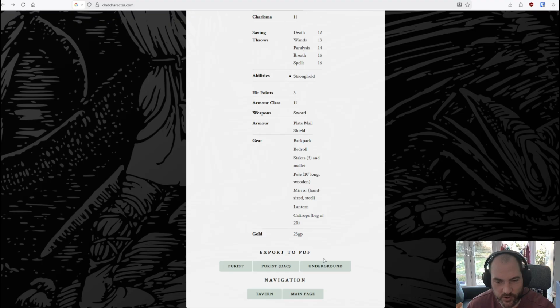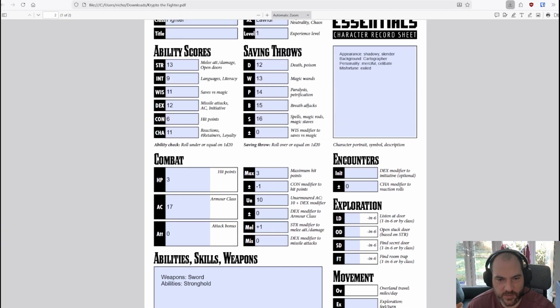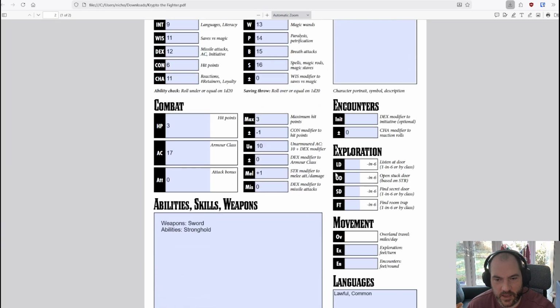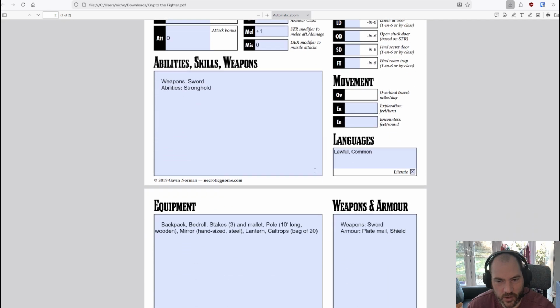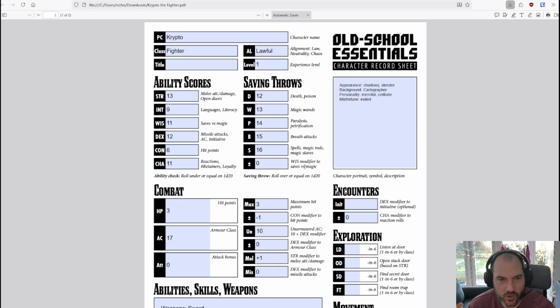And at this point, we can export it to a PDF, and there are 3 different options for doing that. I don't know if this is going to record or not. I think it is. So we now have a PDF with a character sheet on it. And there's a bunch of stuff that is missing from there. These exploration chances, ignore it all. Don't worry about it. We will cover that during the game. And that's your character sheet for your